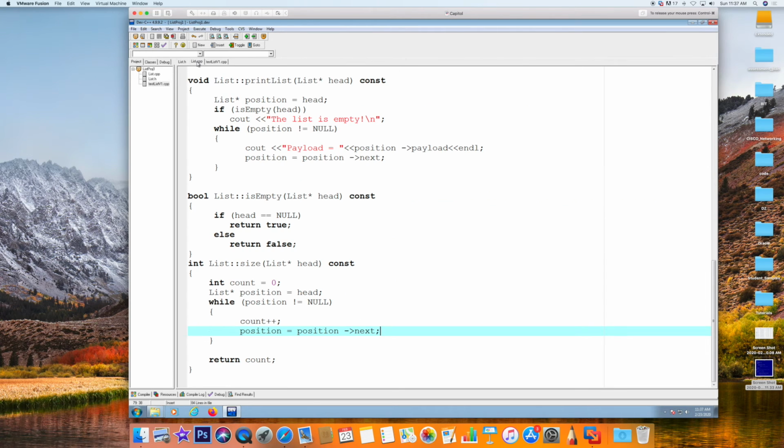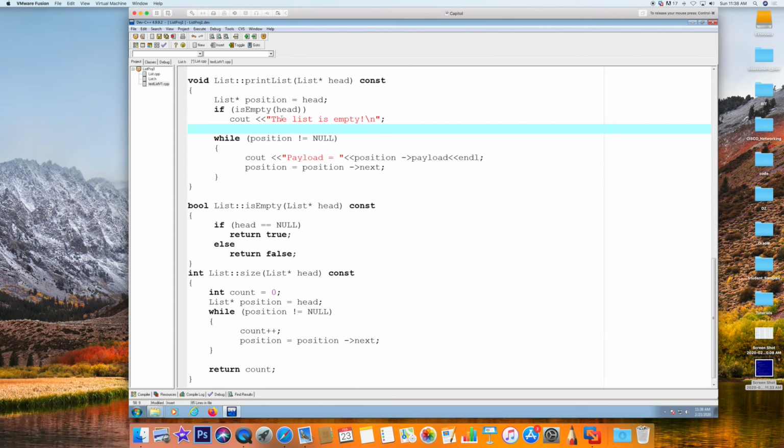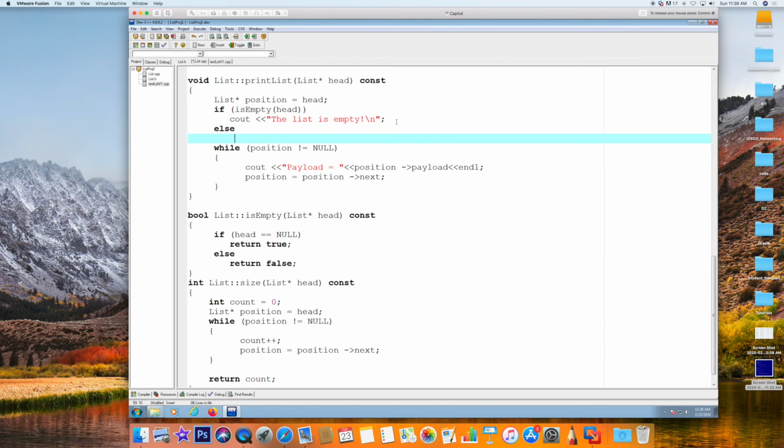Check if it's empty, give me a quick rundown as to how much data or how many nodes are in there. I can take advantage of this if statement right here that I have here. So if it's empty, yeah, go ahead and print the list is empty. If not, so else, then go ahead and call this function or go ahead and print